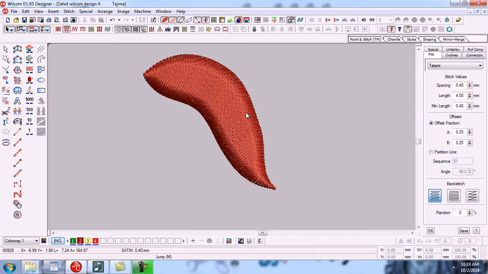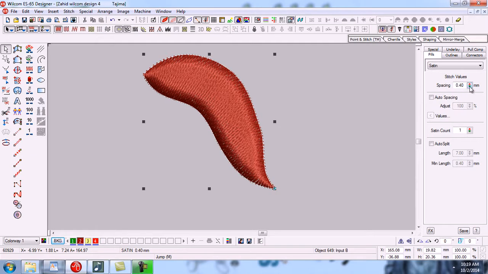Now we can change the spacing of any object in input A, input B, in complex field, fusion field, in every object. You can change the spacing. If you want to increase the stitches, you can lessen the stitch spacing by